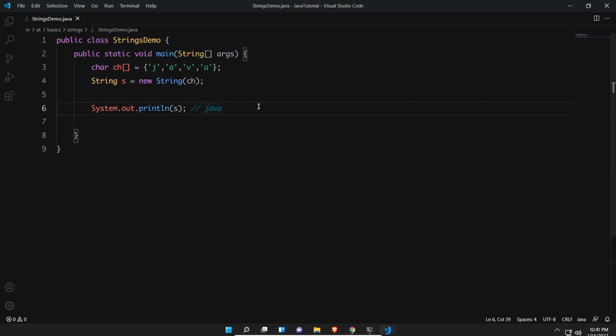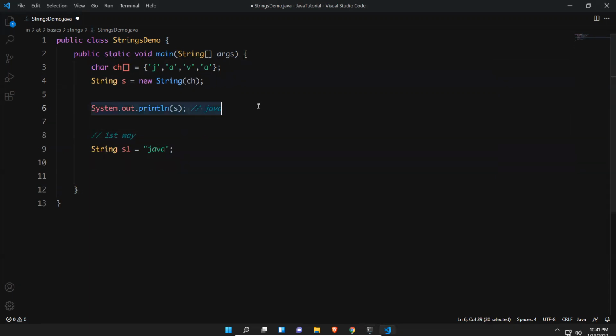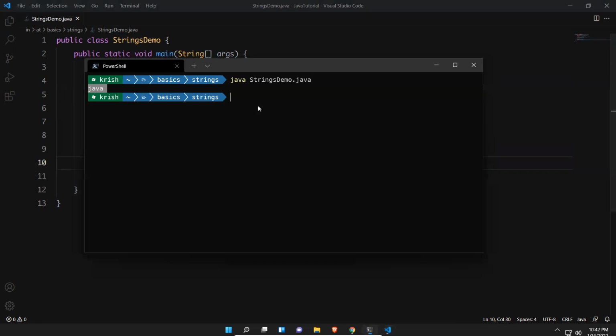So normally, the first way that we have seen in the PPT is String s1 = "Java". Again I'll print the same thing, s1. When you try to print this, it will print Java, the same output.